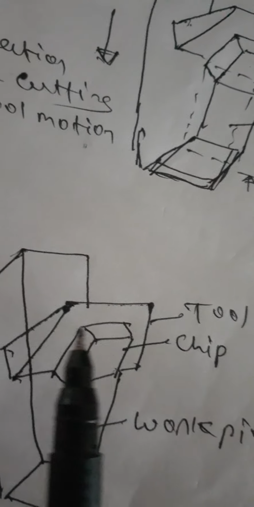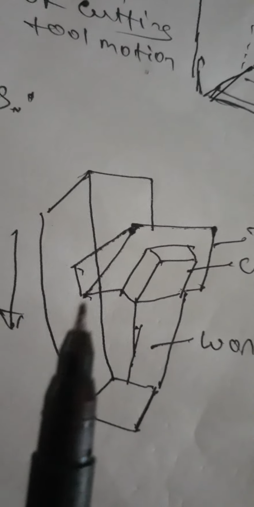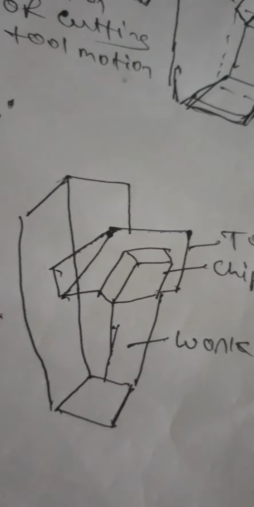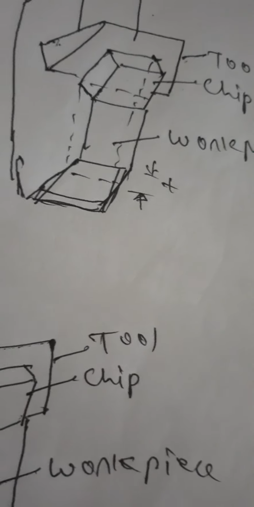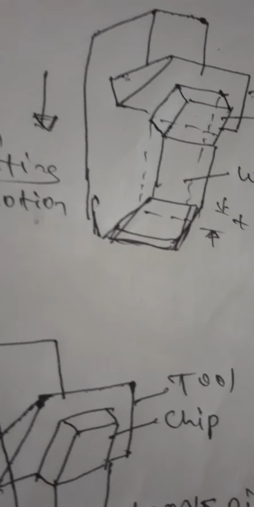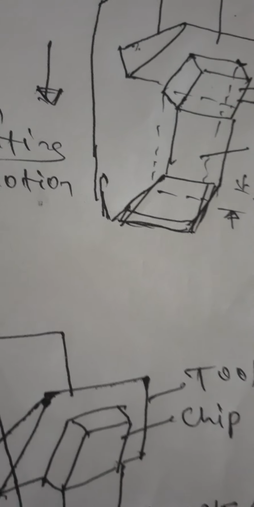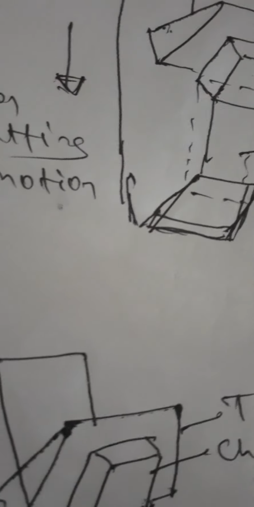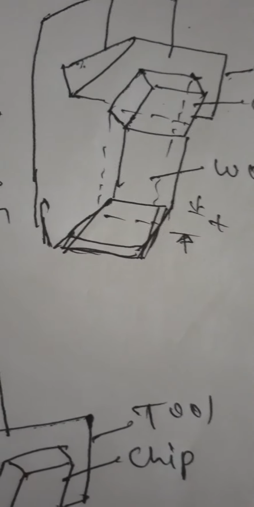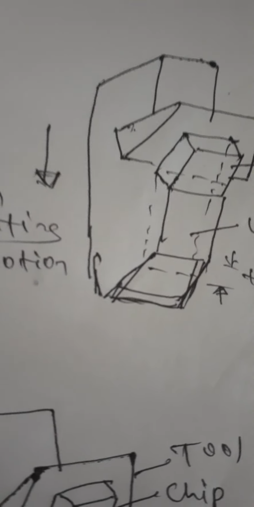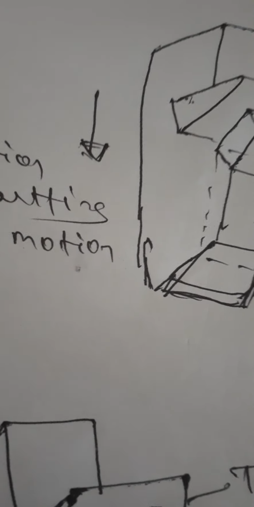You can see the oblique cutting, the square block, that is a chip, and beside that there is a tool, and below that there is a workpiece. First of all, we'll discuss what is oblique cutting. In this type of cutting, the edge of the wedge shape cutting tool makes an angle other than a right angle to the direction of the tool motion. This will affect the cutting conditions. It is also known as 3D cutting, since three mutually perpendicular forces are involved.